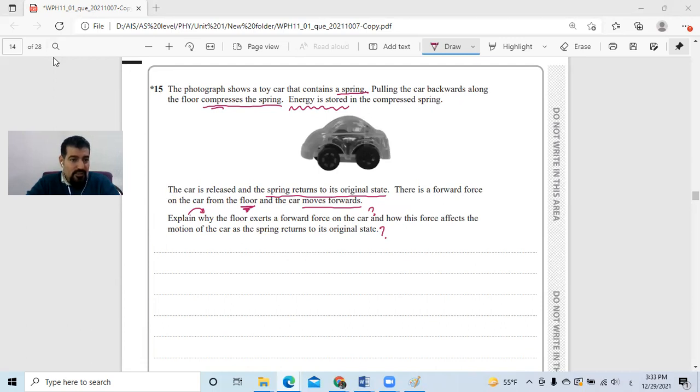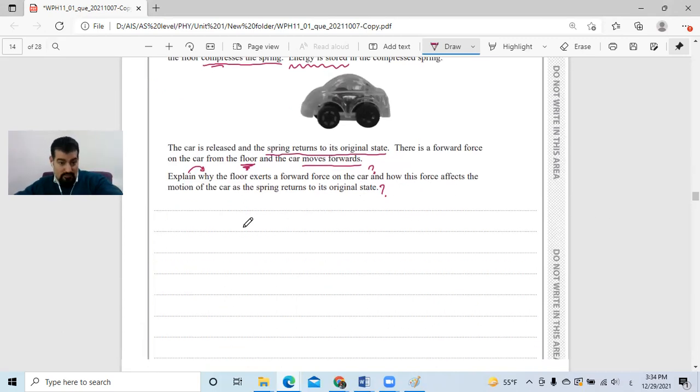But what about the energy stored? Can we say that this will make a work, and this work does a force along the distance where the spring is returned back to its original shape? So all these ideas we have to mention. If I want to write together, me and you, the mark scheme, I have to mention that elastic energy